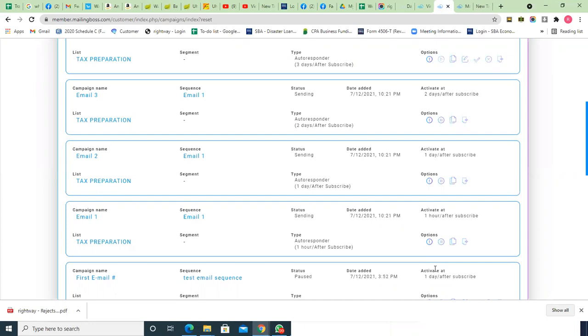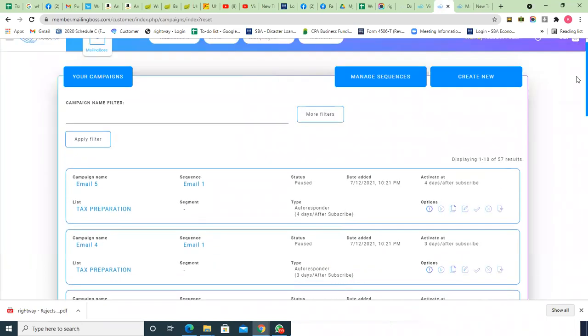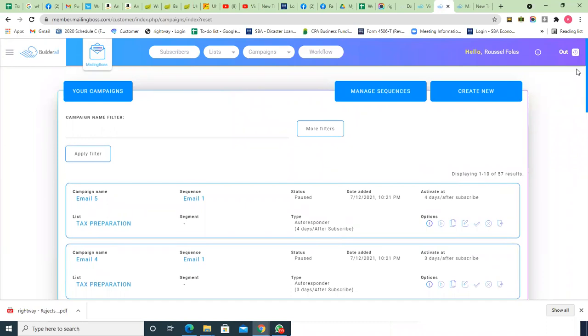Okay, Lily, do you have any question about this? Yes. When we click manage sequences, what does that do on the top? When we hit manage sequences. Manage sequences. I just told you that you can actually